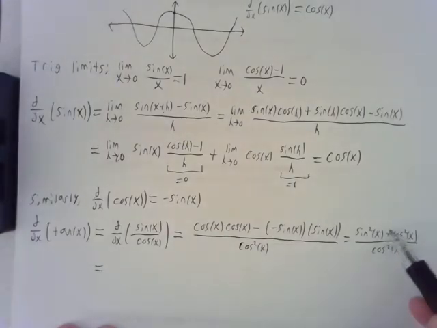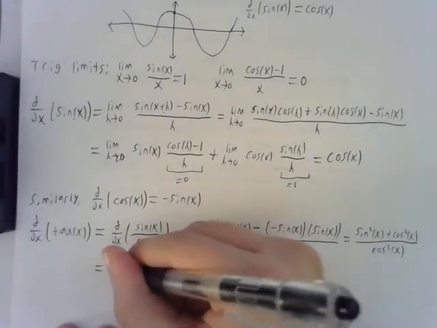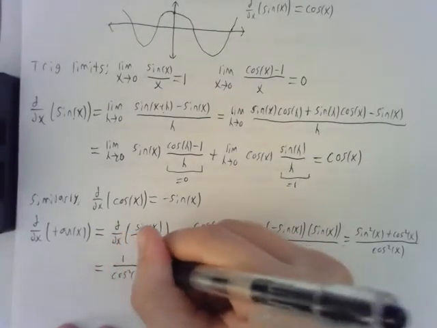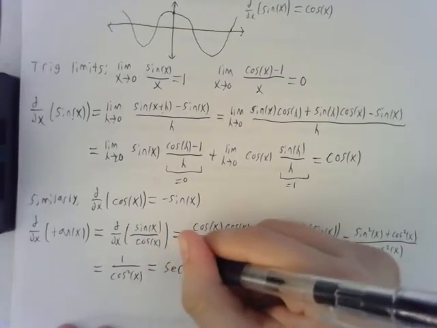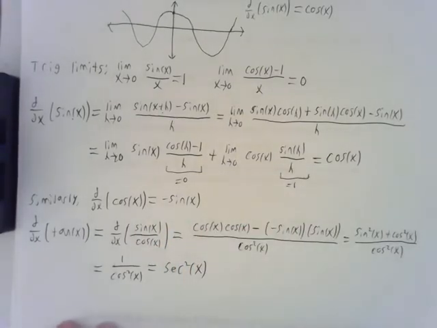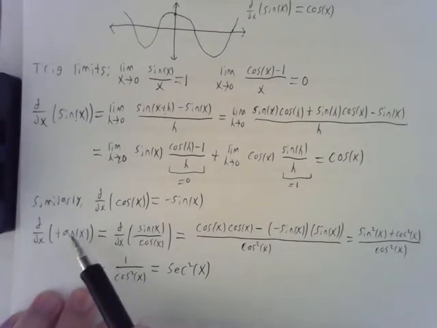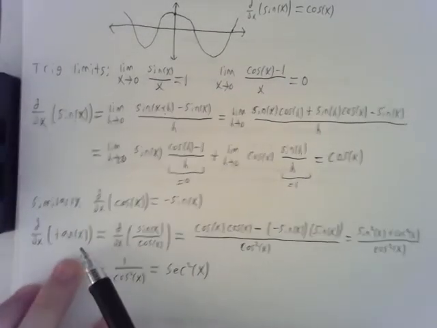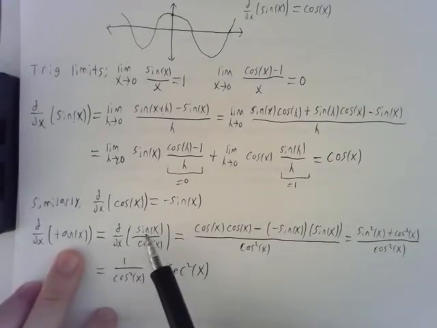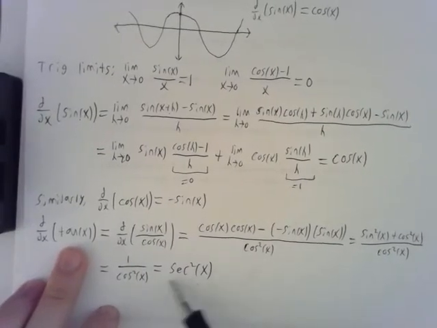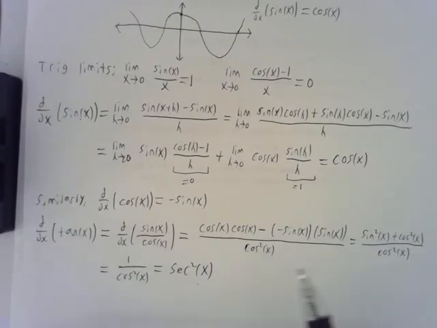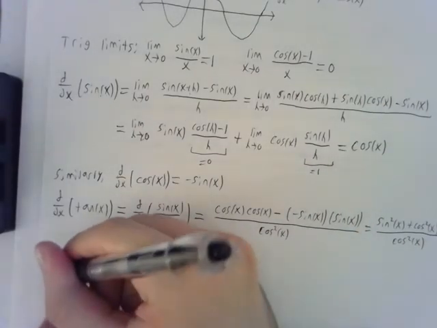And if you use a trig identity, sine squared plus cosine squared is always equal to 1. That's the Pythagorean identity. So this is equal to 1 over cosine squared of x, which is the same as secant squared of x. So basically the idea is that for trig functions other than sine and cosine, you can always write them in terms of sine and cosine, then use all the derivative rules we've learned to find the derivative of these other trig functions. So similarly,